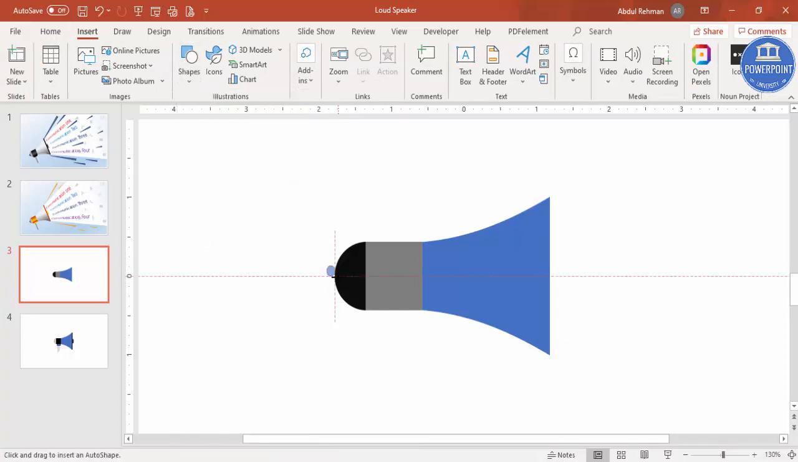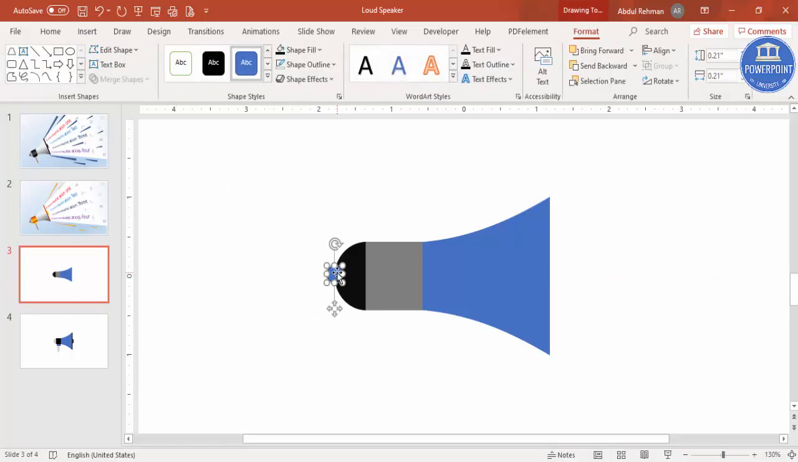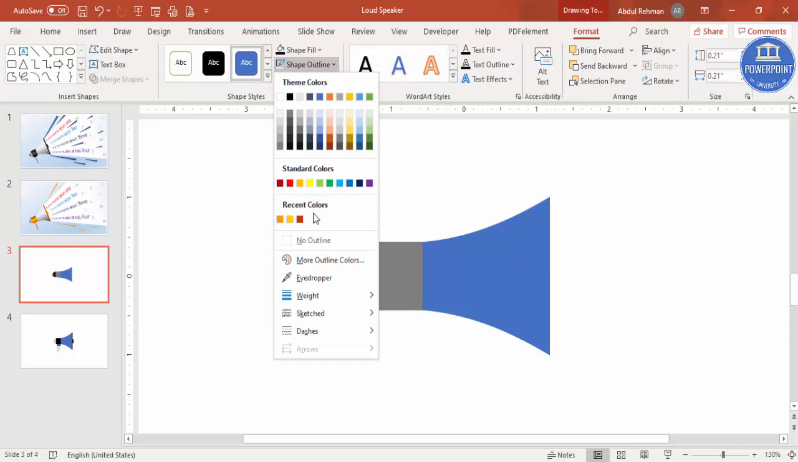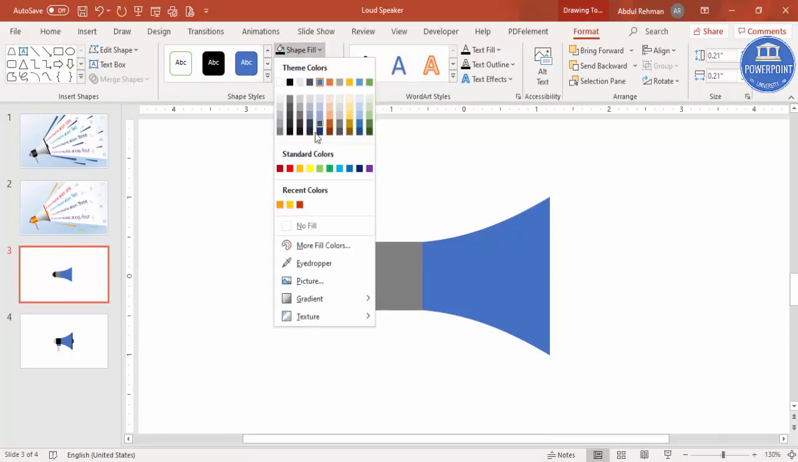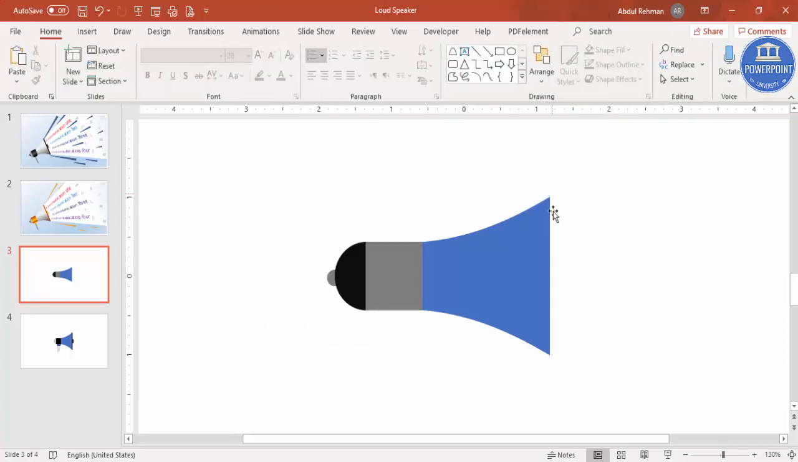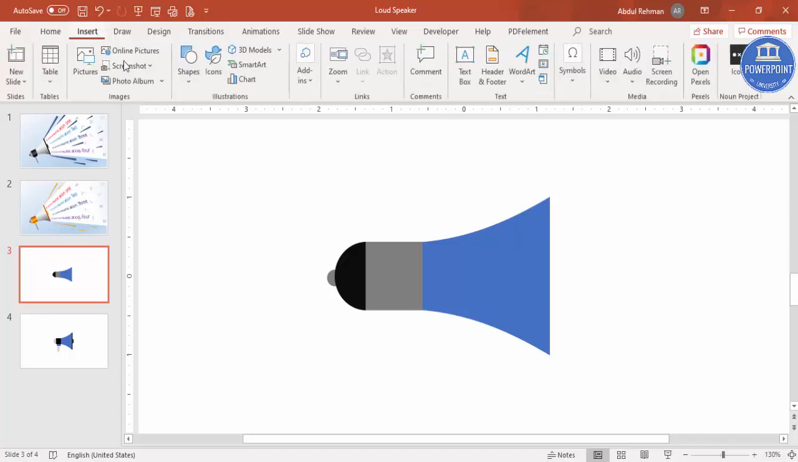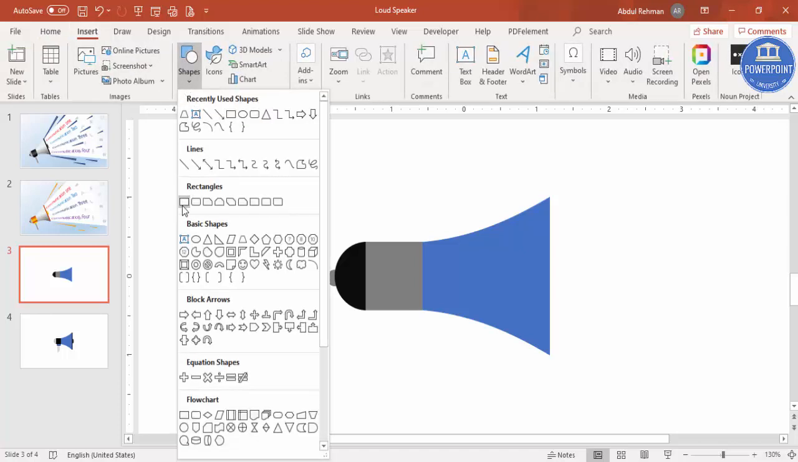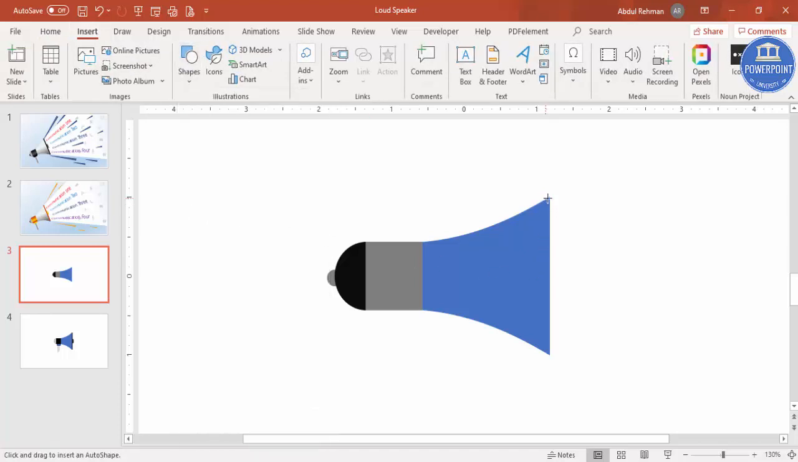Just draw the oval shape again by holding the shift key. You can see here again, make sure that it is properly in the center. Shape outline, make it no outline, and I'm going to give some lighter color here and then send this to back. Then I'm coming to the front part, go to insert shapes, select the rectangle, draw the rectangle, a small line here,